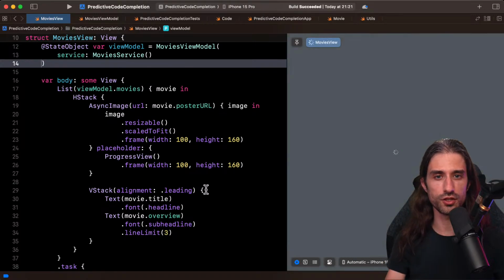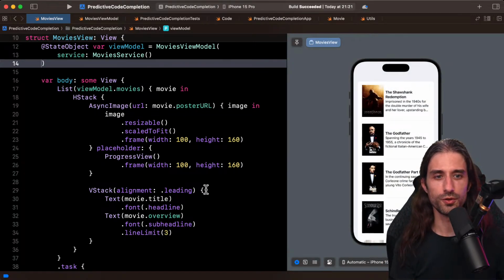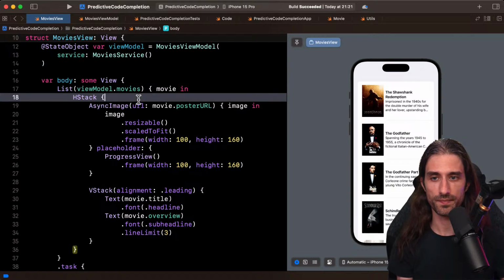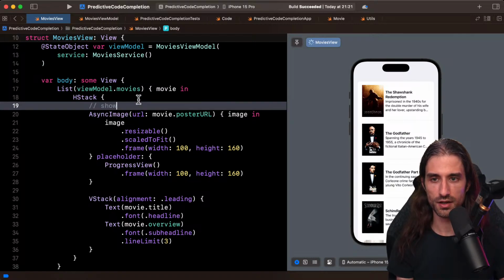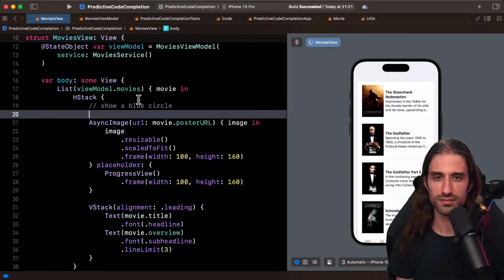We can do something that feels out of the blue, like adding a blue circle here, like here, show a blue circle, for instance. Is it going to suggest code?